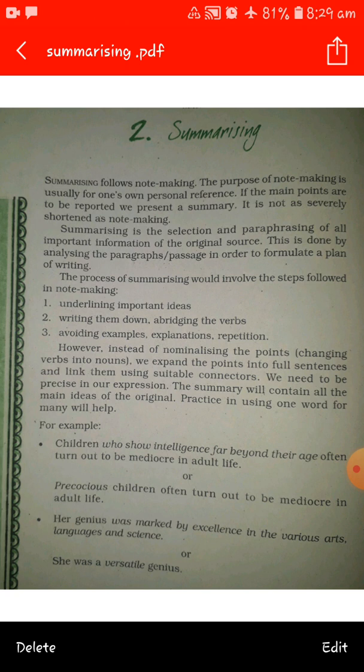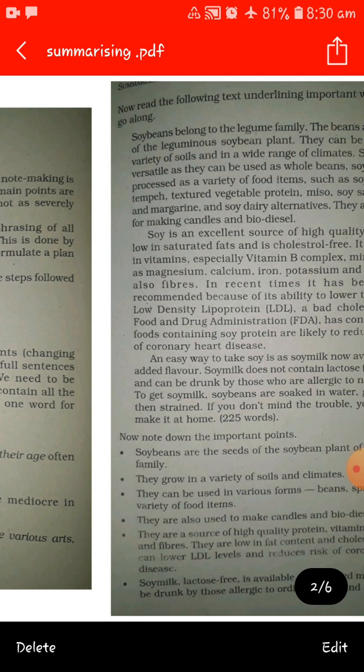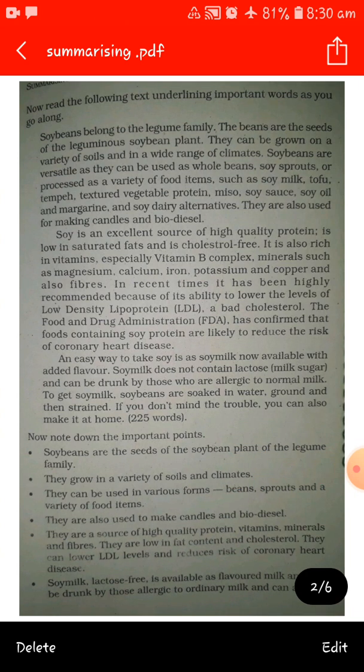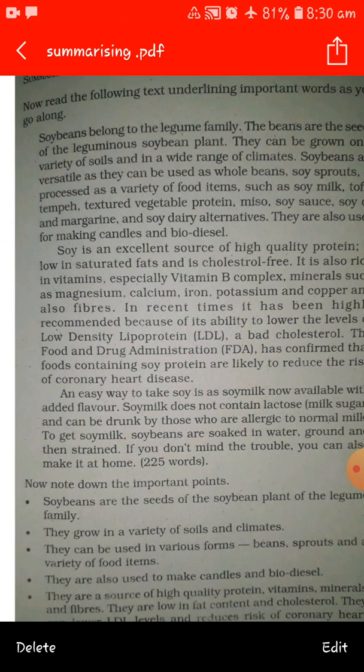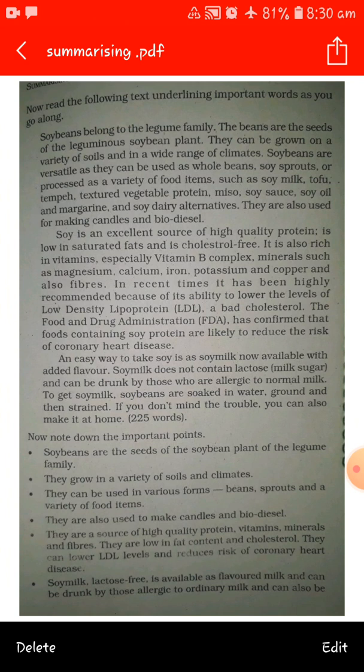Her genius was marked by excellence in the various arts. She was a versatile genius. So these are the things, and you have to keep it or mark it in one word only. And then we have some more things in summarizing. In summarizing, you have to keep your